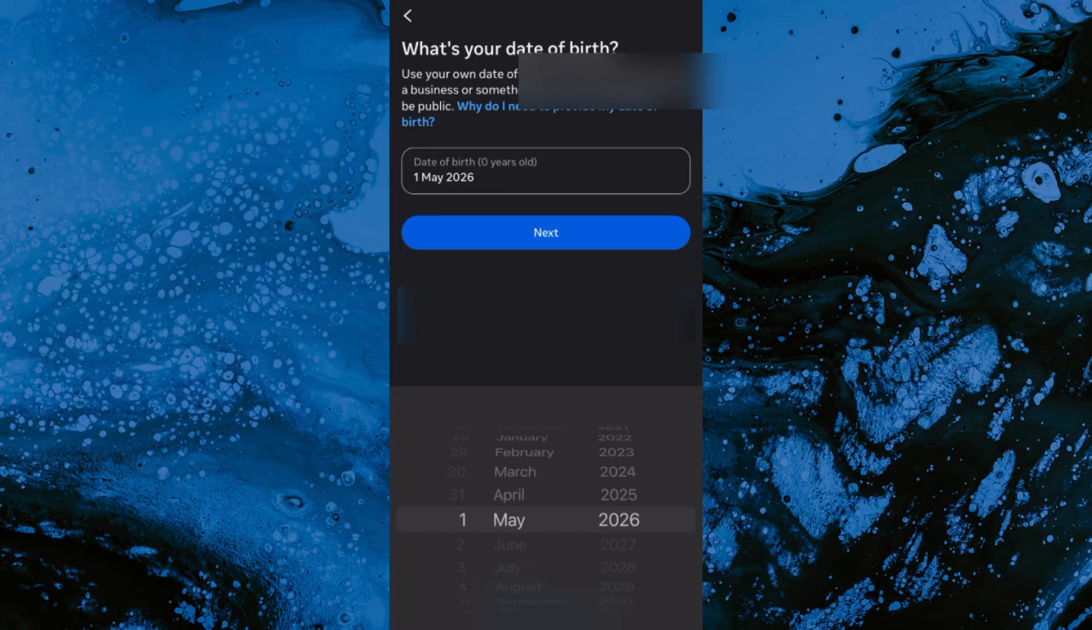So over here, what you have to do is choose your date of birth. You just have to choose your date of birth. Start from the year first. So when you are done with that, you just have to go over to next,